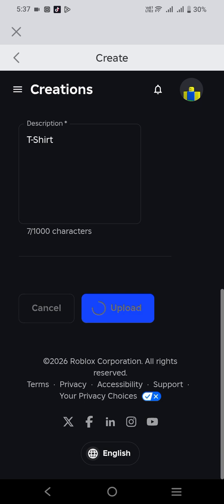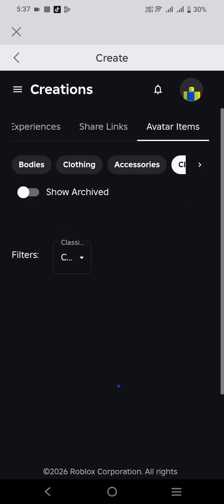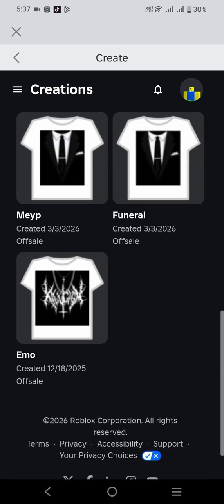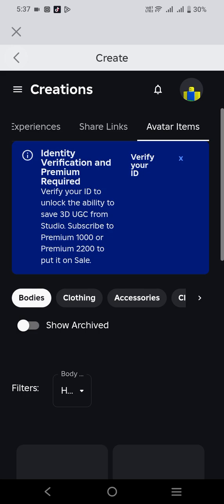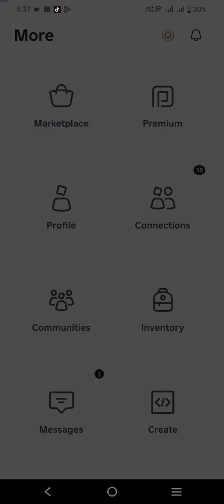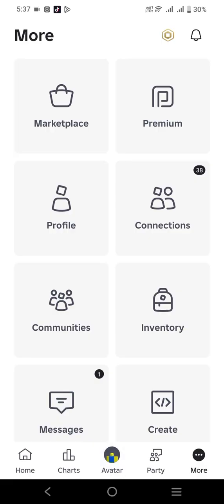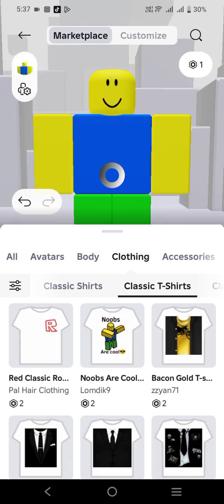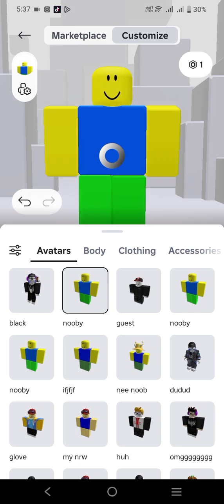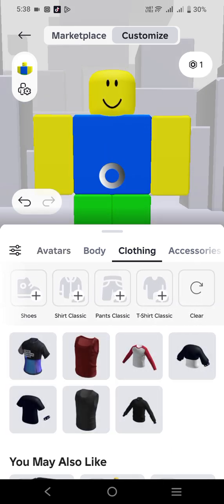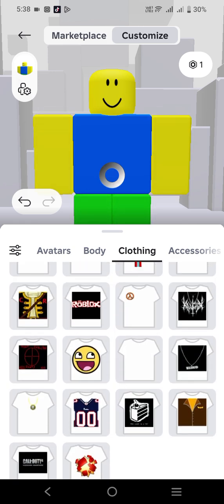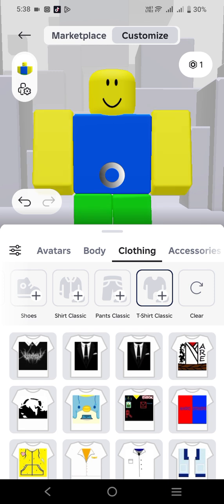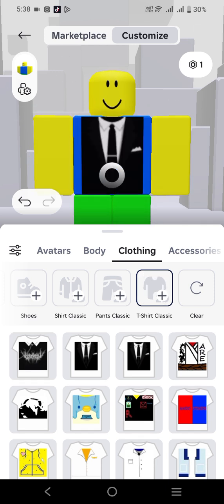Press that, and then there it's done. Look, you can see it, but you need to wait to load. Let's see if it's here. Let's see. Loading, and then t-shirt. It's not here yet because it's not loaded yet. So just need to wait to load it.